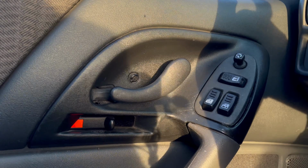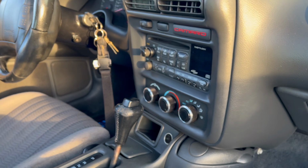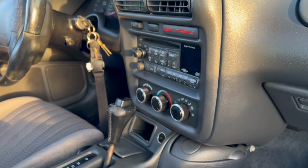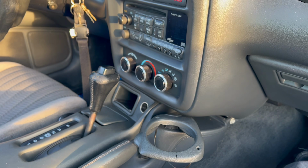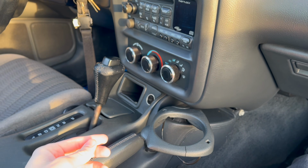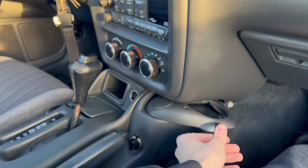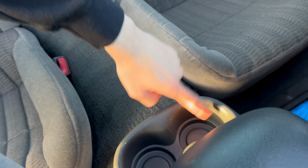This door panel is actually really good. The plastic piece on the driver's side is popping off a little bit, but it's not a huge deal to me. One thing I also like about this car is in the 94 Camaro, there's only one cup holder. On this one, we have this hidden away one right here, which is kind of cracked right here, but it still has its structural integrity. So we got one here, we fold that in, two in the middle, and then 3, 4 in the back,